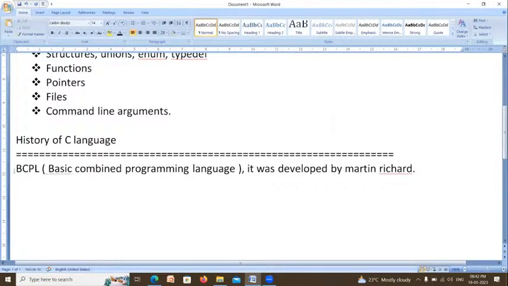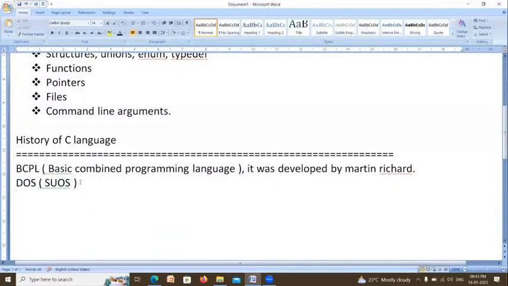At the time of the development of BCPL, there was one operating system called DOS, Disk Operating System. Actually, DOS is a single user operating system, meaning this operating system can support only one user at a time.